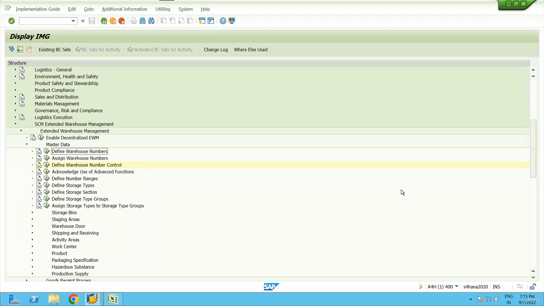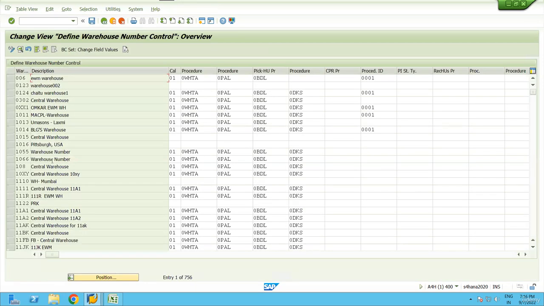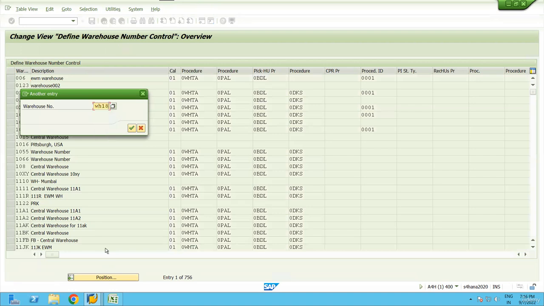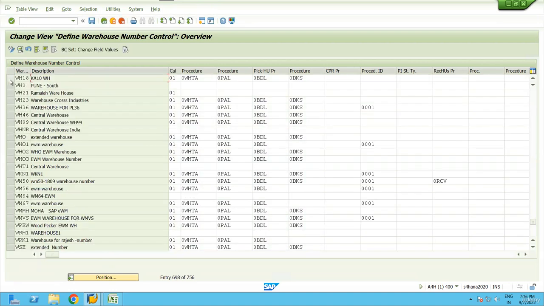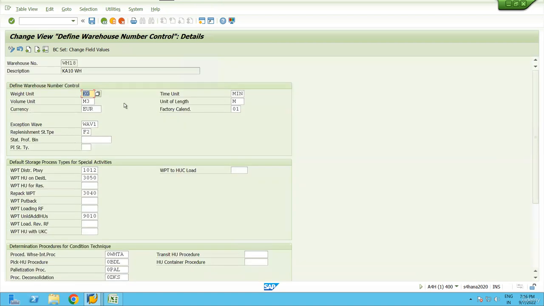After we define our warehouse number, once you copy it from your standard warehouse, the system will also copy all the warehouse number control as well. So here if I go to my warehouse and click on details,